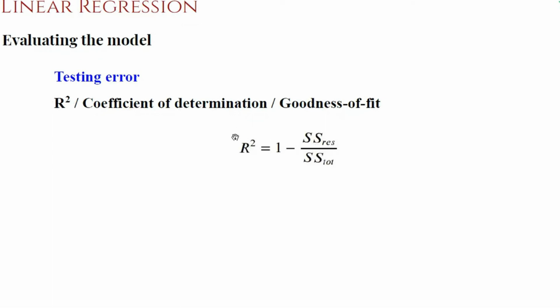This is one of the ANOVA techniques. ANOVA is a collection of statistical techniques for evaluation. ANOVA stands for analysis of variance. So R square is one of the ANOVA techniques. The equation for R square is 1 minus SS residual by SS total. This SS actually stands for the sum of squares. So it's just summing up the squared error concept. I will again explain what these SS residual and SS total actually mean.